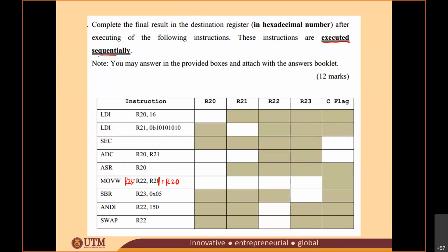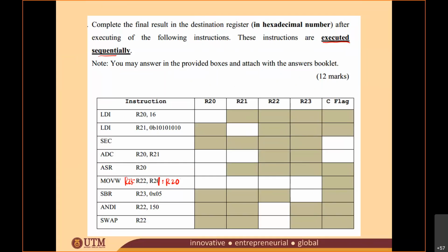Okay, so this is a 12. Total mark is 12 marks. You can see here you have how many boxes? 1, 2, 3, 4, 5, 6, 7, 8, 9, 10, 11, 12, 13, 14. Usually for this kind of question, one box equals 1 mark. So make sure that you do it correctly because this is a related